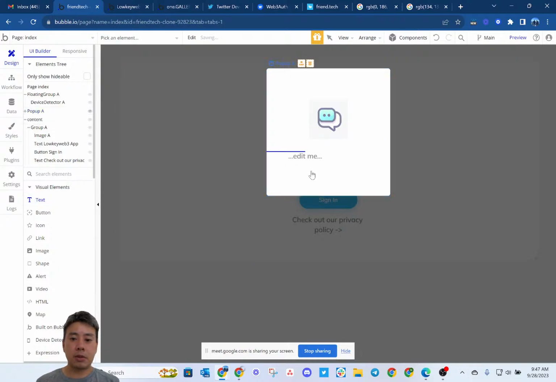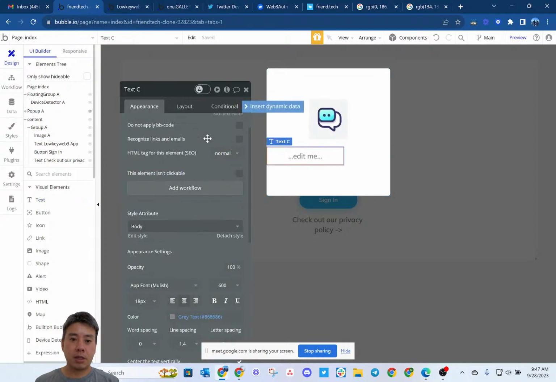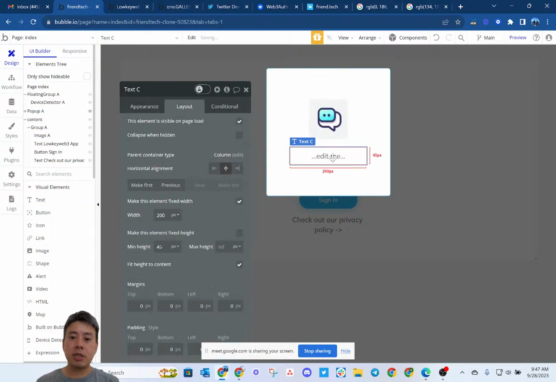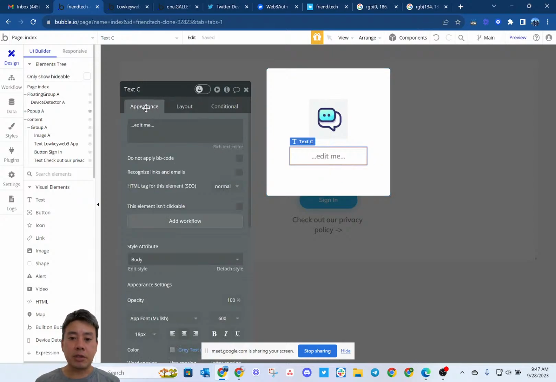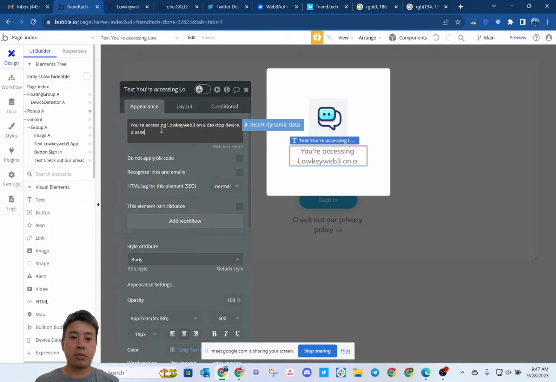Now you see, right, things are starting to stack, right? We're starting to accumulate some of the little investments of time that we put in earlier. And here, for instance, the stylings are all starting to look pretty good. A desktop device, please open this app on a mobile device to log